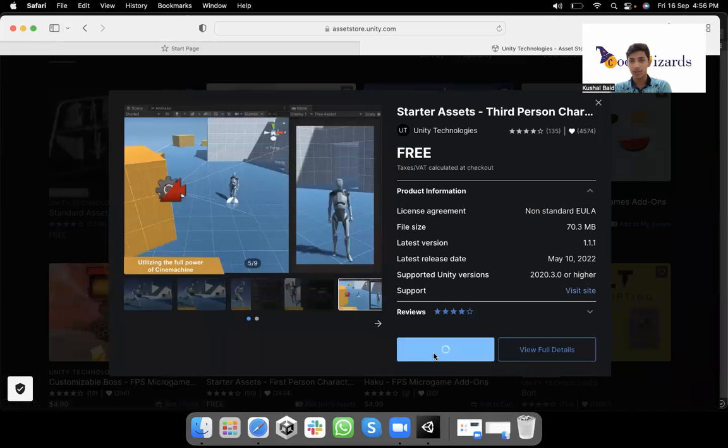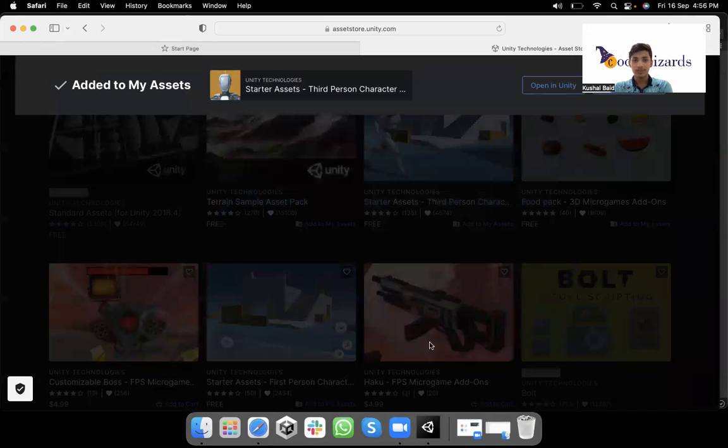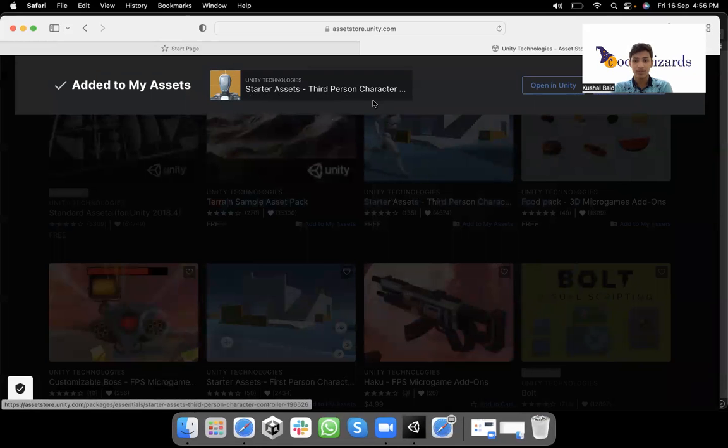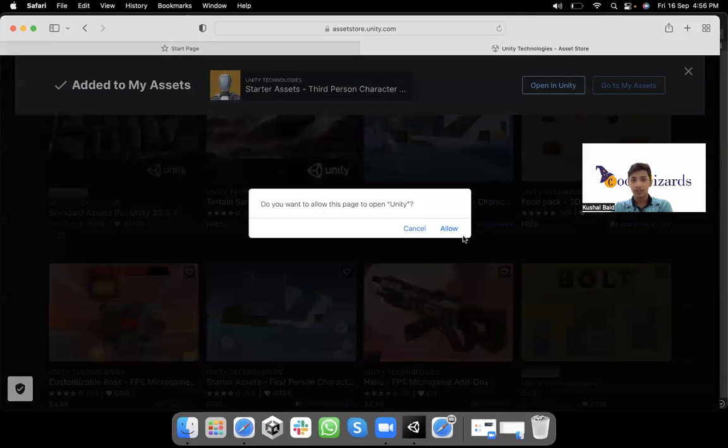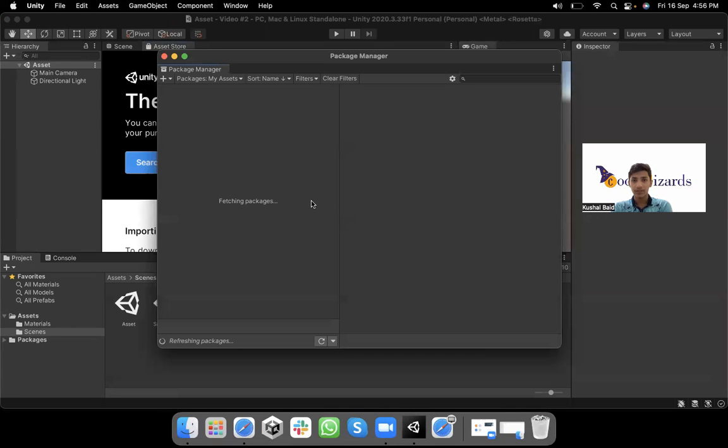This will do some loading. Here you can see it says added to my assets. Just remember the name, Starter Assets, third person. There's also a button, Open in Unity. You can directly click on it and it will automatically search in the Package Manager. Make sure